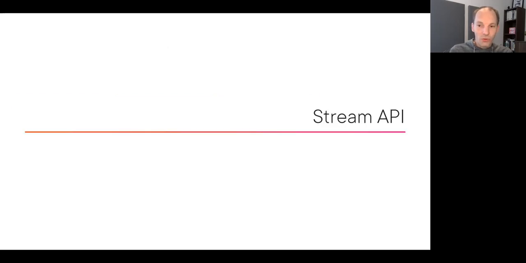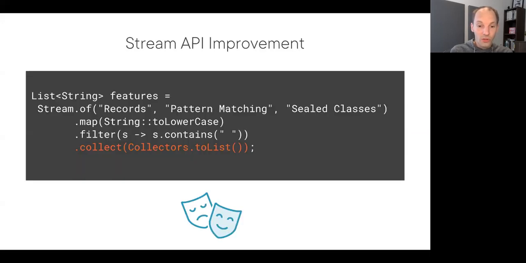And to already manage your expectations a little bit, there's no complete overhaul. This is just about a small addition to the API that I think will make developers' lives easier. So it's good to know about that. If you work with streams, which were introduced in Java 8, you will probably be familiar with code like this, where we have a stream, in this case, of strings. We map some function over it, then we filter. And in the end, a stream needs to be materialized back into another collection, like, for example, a list.